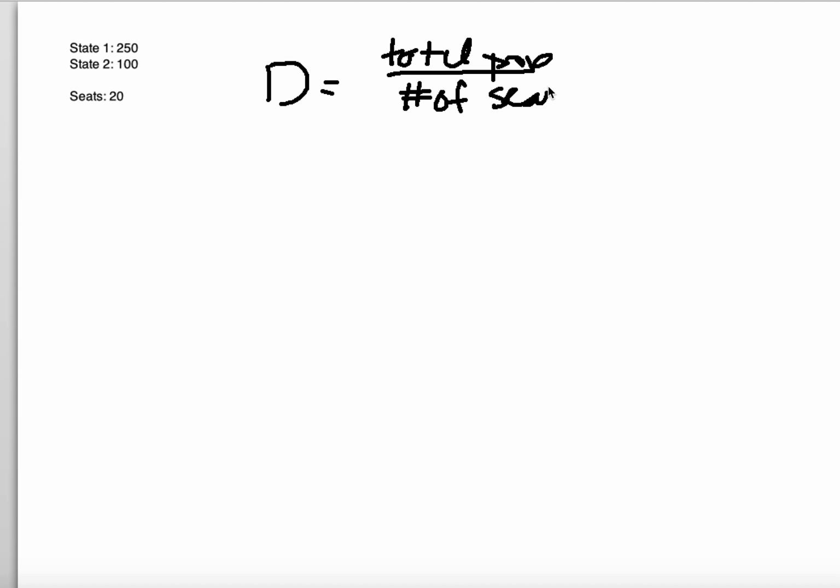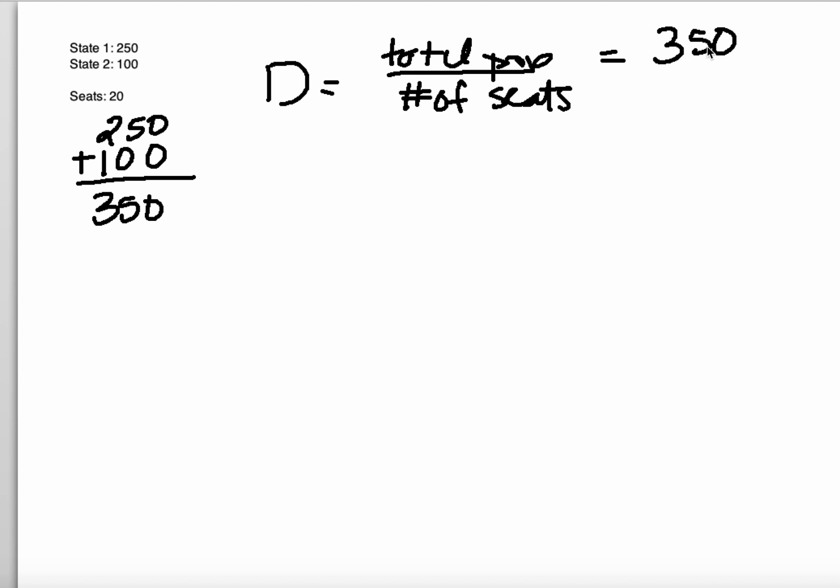So in the LASA, you're going to take all 10 states and add them together. In this case, I only have 250 plus 100, which is 350. If you were working the LASA, you would add all 10 of those states up. So for this problem, I have 350 divided by 20, and that's going to give me my value for D. If you remember, you can use the Web 2.0 calculator to do those simple calculations. And I get 17.5. This D value is important because I'm going to use it in my